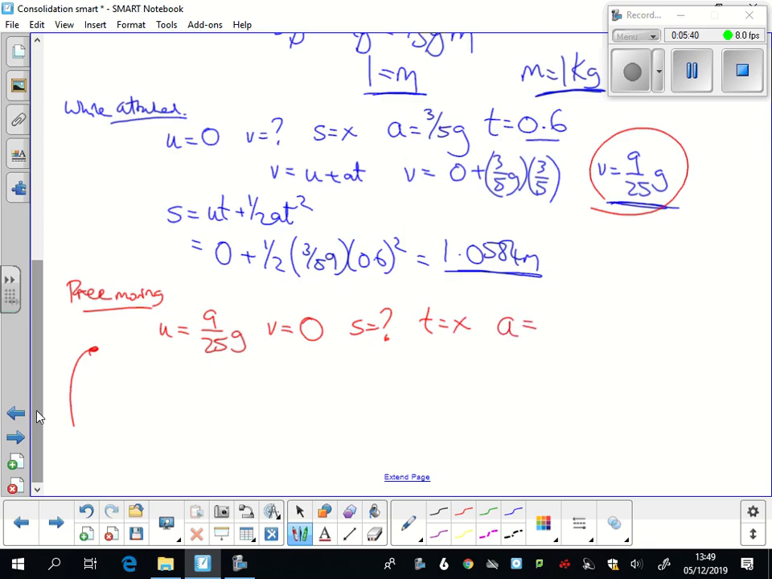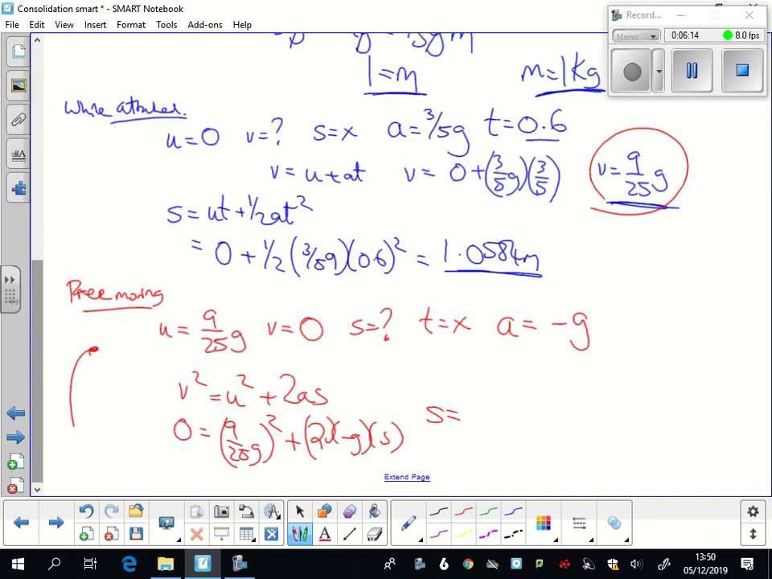Now there's no wire attached to this anymore, it's just gravity, so we've got minus g pulling it downwards there. Not s equals ut, v squared equals u squared plus 2as. I don't want to go wrong after 6 minutes of v squared equals u squared plus 2as. So I've got nothing equals (9/25 g) squared plus 2 times minus g times s. That gives me a distance for this bit here of